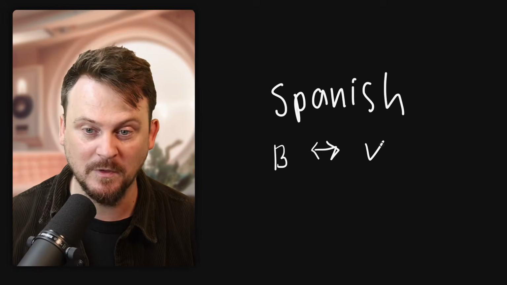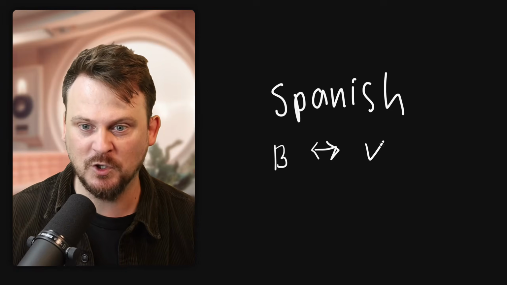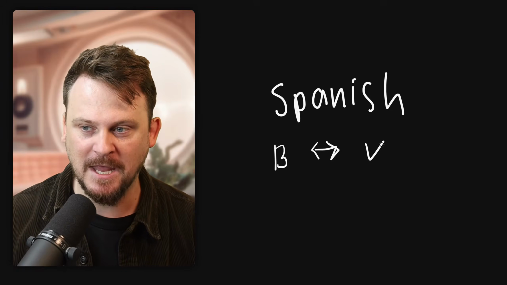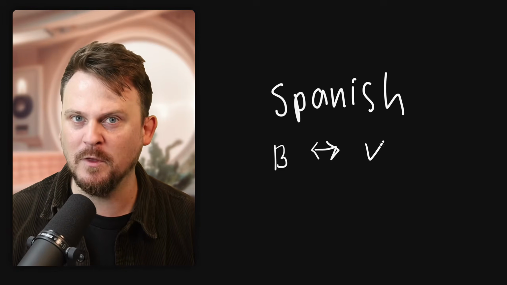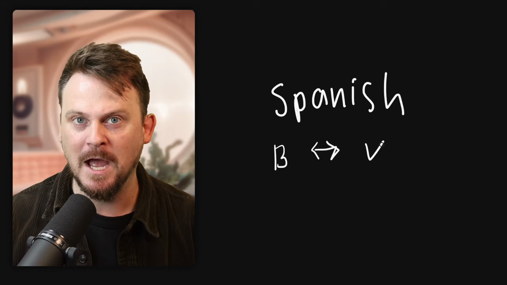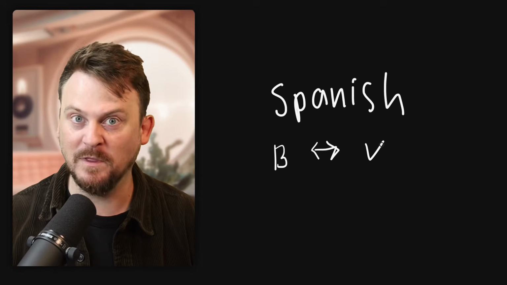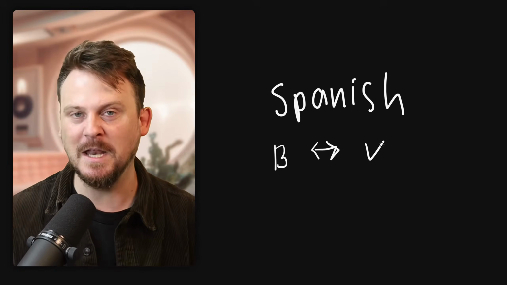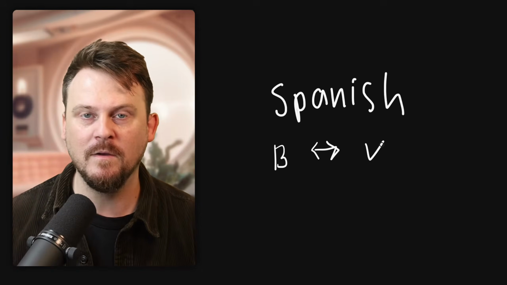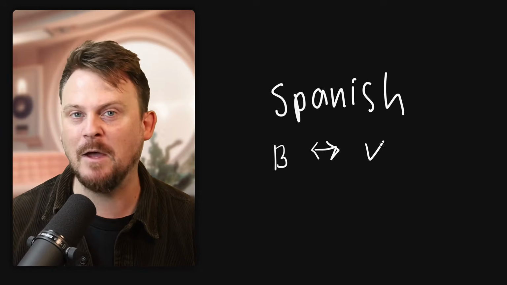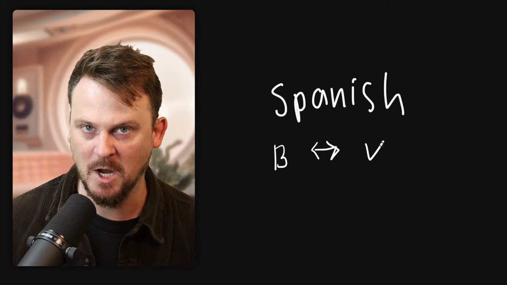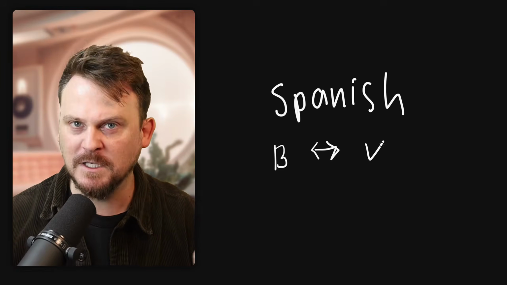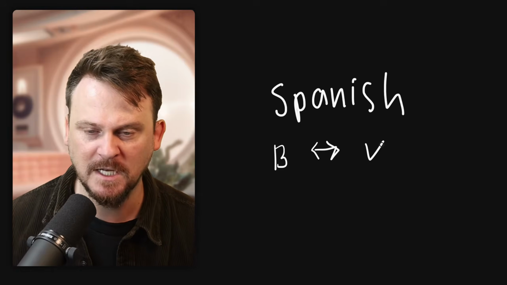Sometimes if, for example, there's a word that starts with a V and another word that starts with a B, but otherwise they're the same, and you say the one with the V, but you meant the one with the B, well, that can cause issues, right? Again, simple example of a V and B sound would be video, video. Okay? And this is something just to be aware of and start listening to.